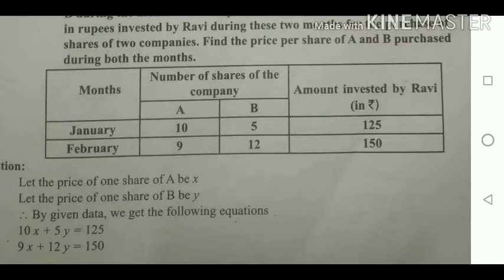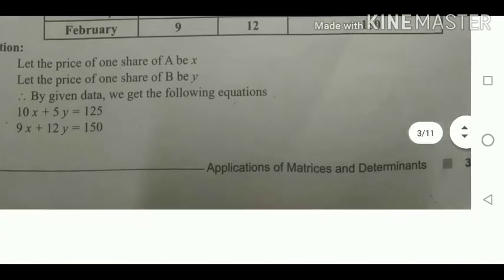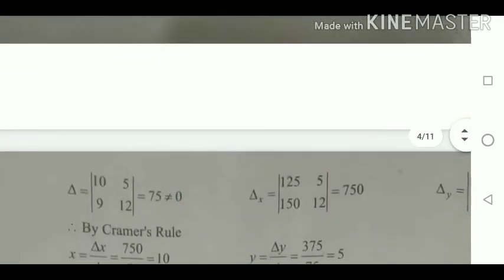By the given data we get the following equations: 10x plus 5y equal to 125, 9x plus 12y equal to 150. Take as it is. That is, in January the data are A is 10, B is 5. Okay, so 10x plus 5y equal to 125. Likewise take the second row, 9x plus 12y equal to 150. Okay. Then after that